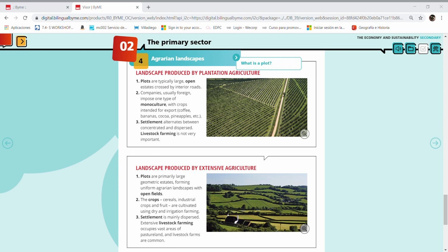heterogeneous. It can be cereals, can be industrial crops, so modified by humans, or it can be fruit trees. They can use dry or irrigation crop farming. Human settlement is mainly dispersed, and extensive livestock farming is very common. Finally, we have the mechanized